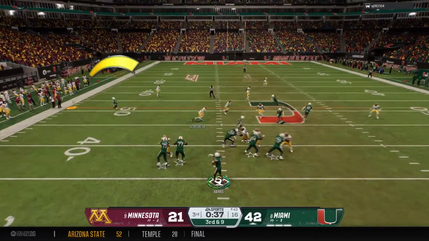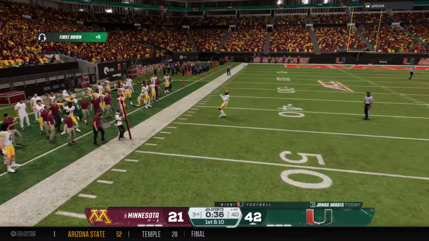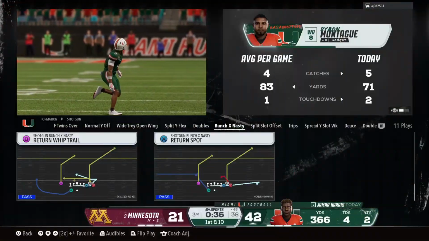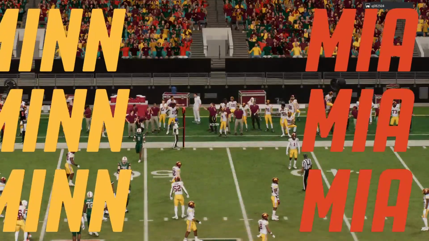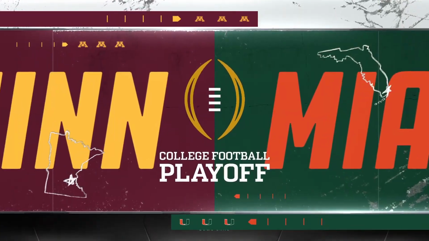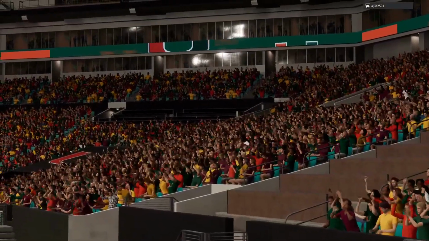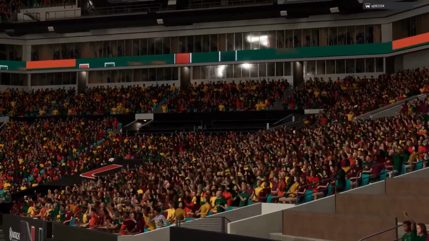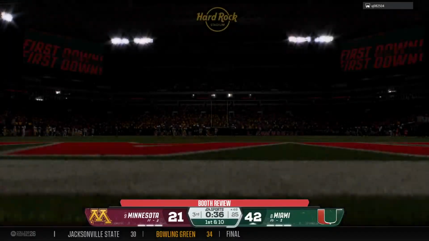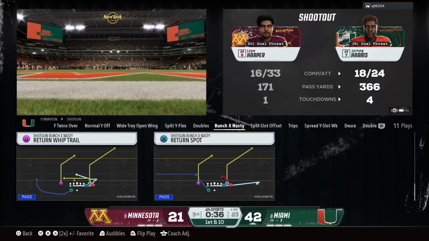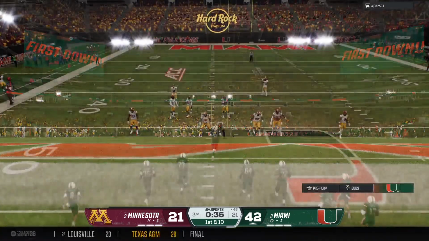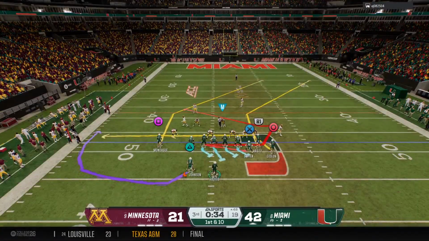Drops back, needing a third down completion here. Quick throw, catch made on the out route. Ball carrier heads out of bounds, but the pickup was good enough to move the chains. First down. Hold on here a second. The replay booth has signaled they want to take another look at this one. Well, they took a look just to confirm it, but it looks like they got it right on the field. After the review, the play will stand.